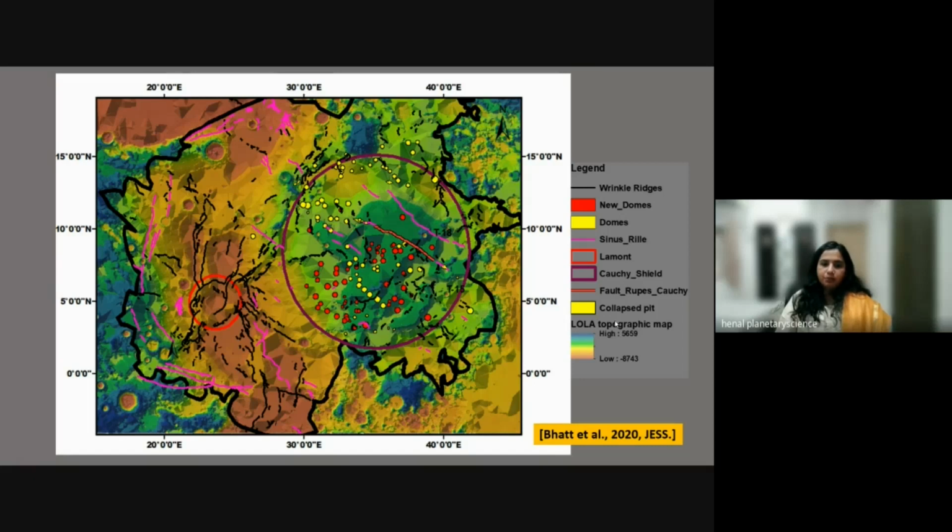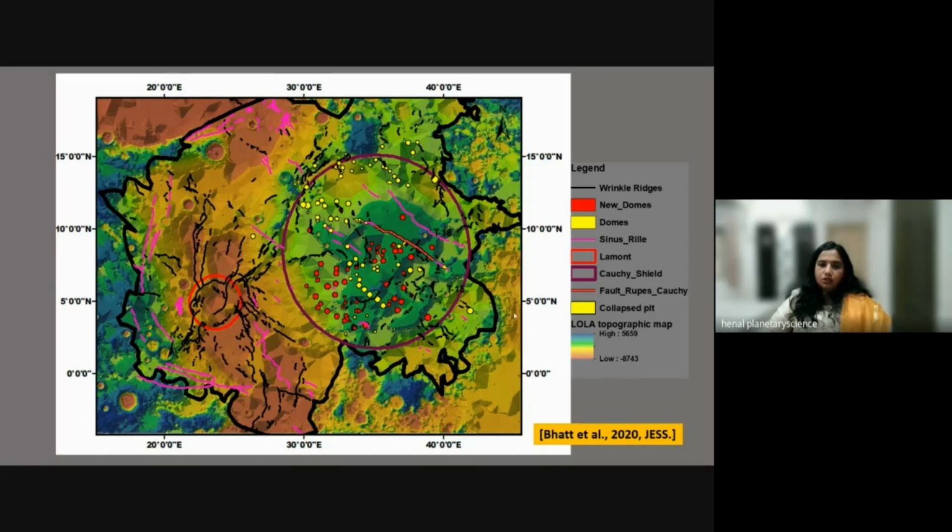See, the left part shows a negative relief, like a 2 kilometer negative relief, and the right part is the volcano, so it is showing a very positive relief. So the area shows around 400 kilometer difference within the same region, and it is very fascinating, something new to find in a mare region.